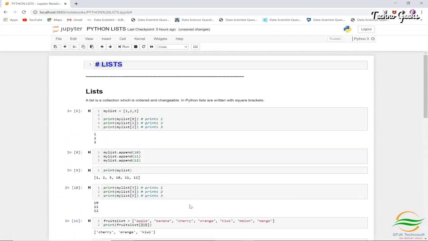Okay, so like this you can use lists in the Python language for creating different types of list items. You can add, you can remove, you can manipulate the items in the list. And lists are very important if anyone wants to make a career in data science using Python, or artificial intelligence or maybe machine learning, because in almost 70 to 80% of areas in AI as well as machine learning and data science, we use lists.